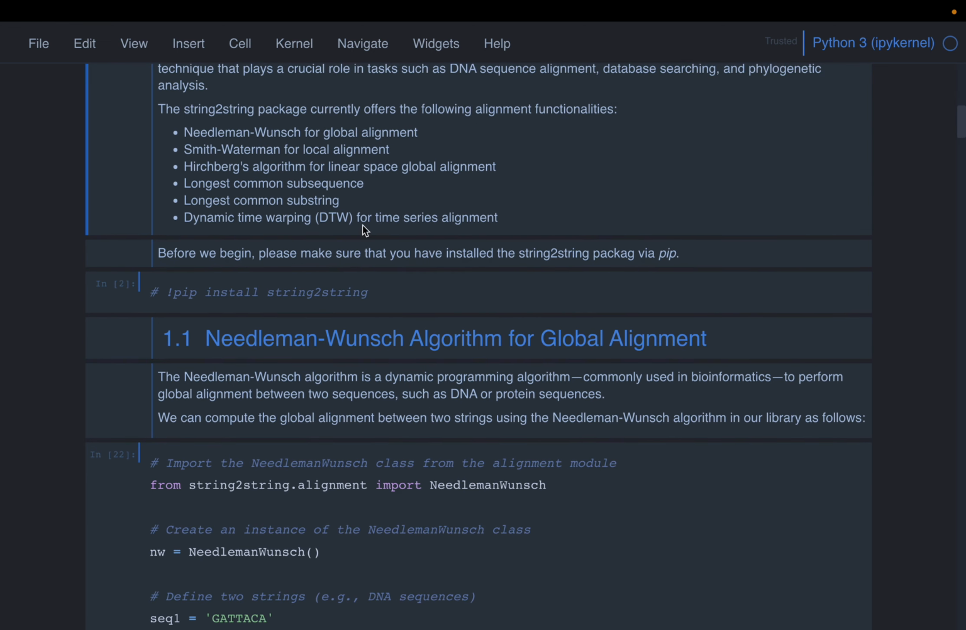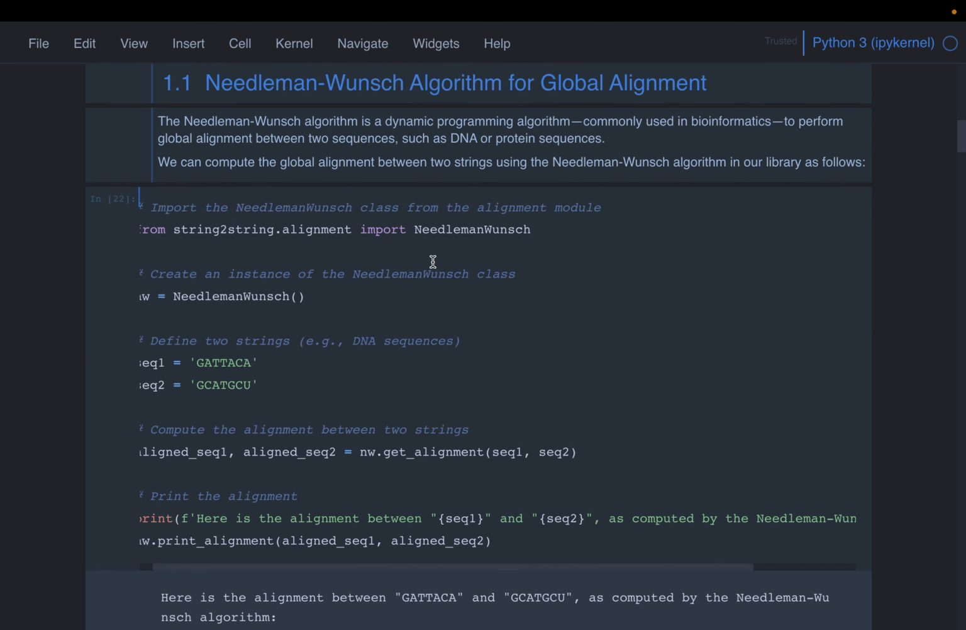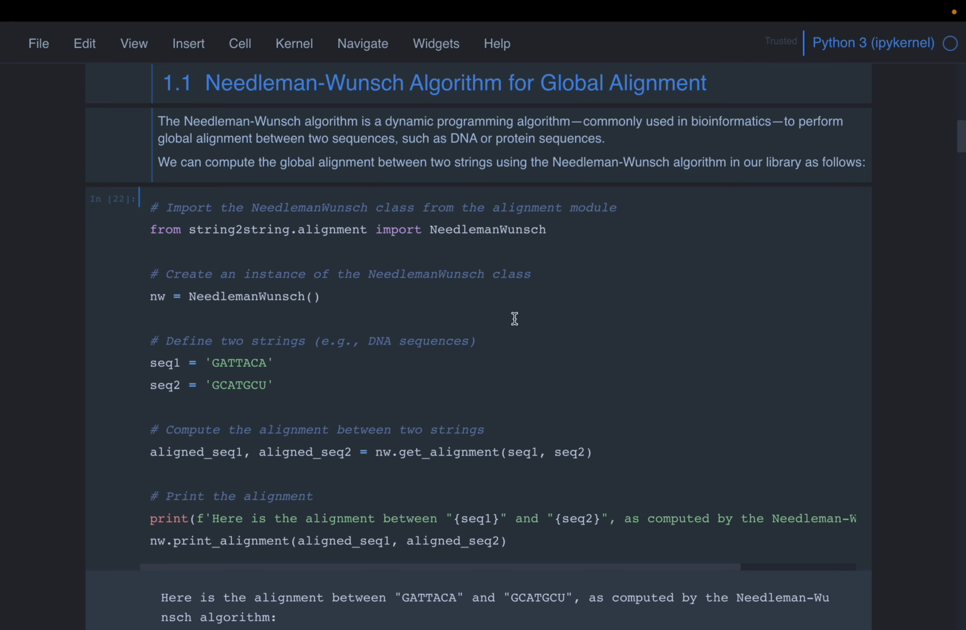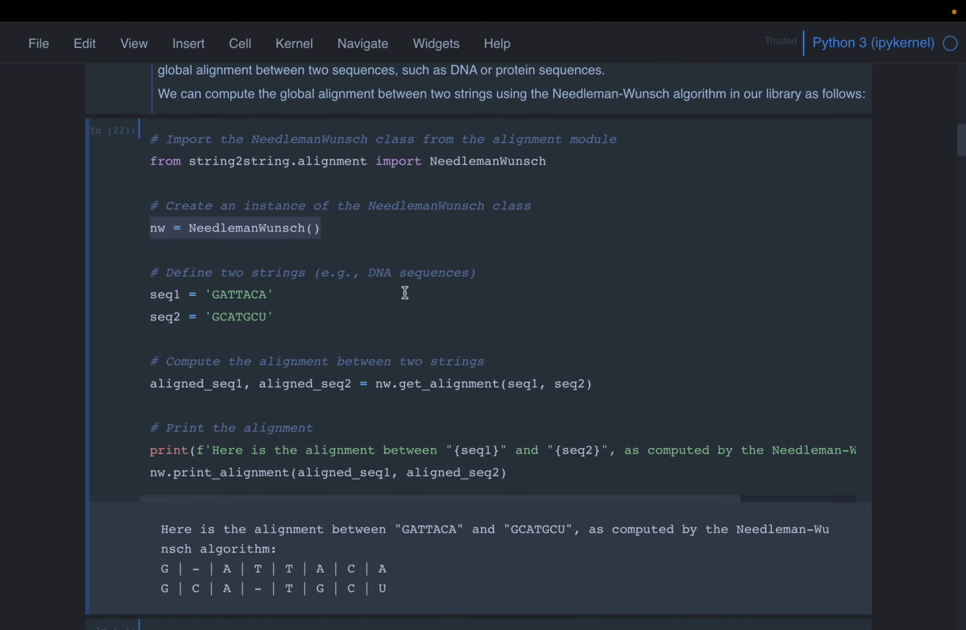So there are a couple of different alignment techniques. Those are called global alignment, local alignment, and then the longest subsequence and longest substrings. We will see examples for all of these, and we will see how to compute them as well. So the first one is a global alignment algorithm. It's called Needleman-Wunsch. Here we instantiate from this class, instantiate the function, and then